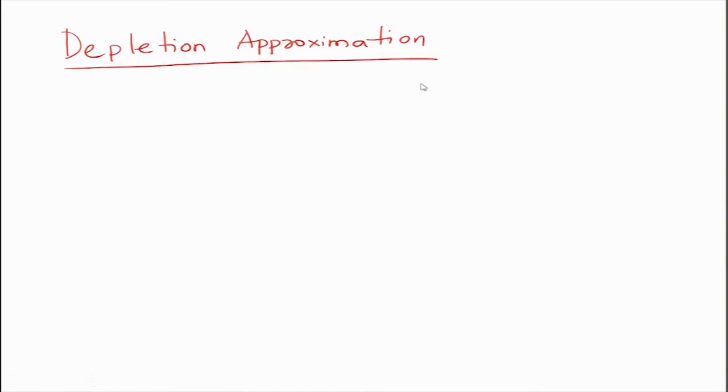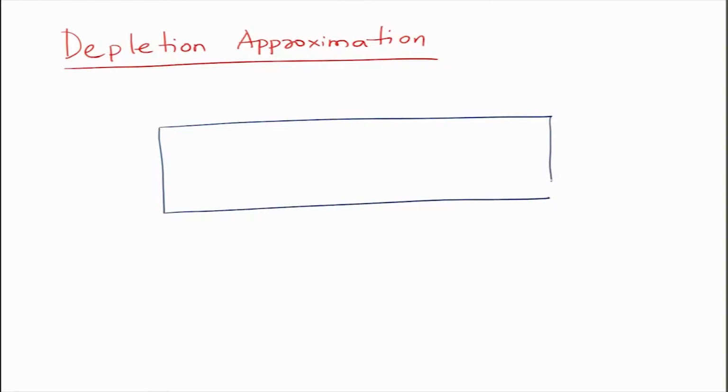So, next we make what we call as depletion approximation. This you are familiar with already, that we have made in p-n junction in dark also. So, basically we have a p-n junction like this, this is the device, okay. Somewhere here we have a junction, on this side we have p side, on this side we have n side. This is the boundary of depletion region. So, you can say this is minus Wp, this is plus Wn,